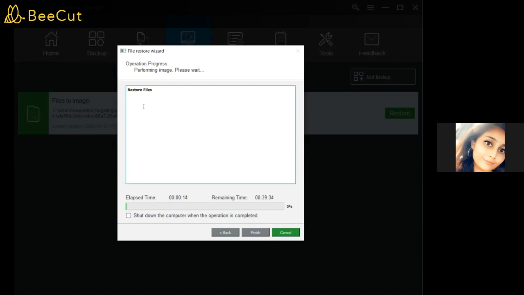All the files from the desktop are being restored. We can see the elapsed time and remaining time to complete this restore process. If you want to shut down the computer when the operation is completed, you can click on this so that once the restore process is completed, your computer will shut down automatically.